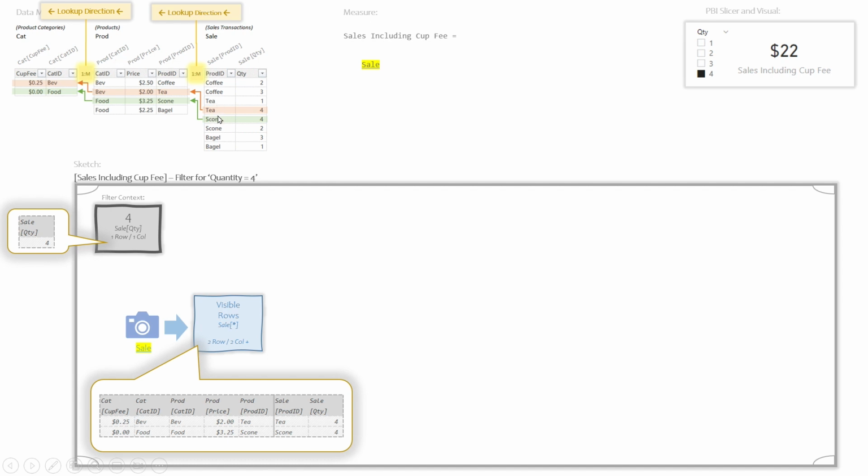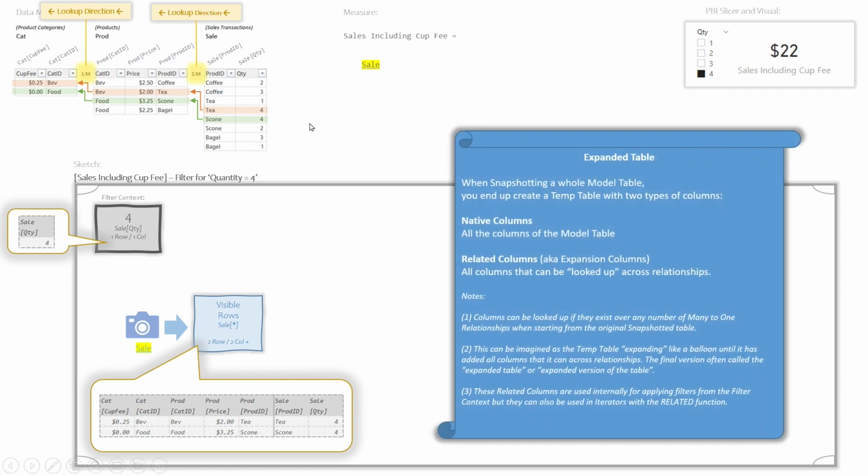you actually, in addition to getting the values of the table that you point to, the sale table, also get any lookup tables. In this case, all the columns from the product table and all the columns from the category table, prod and cat. Okay, which brings us to our first definition, talking about expanded tables. So when you are snapshotting a whole model table, which is to say your snapshot involves typing in the name of the whole table, not just a column,